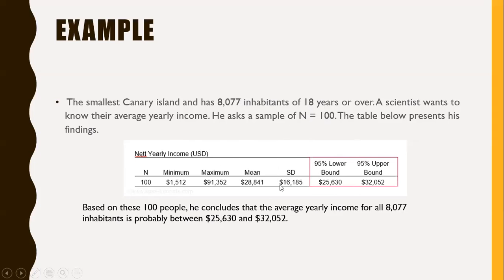Finally he needs to infer his results to the population. He wants to tell that the results he obtained from his sample apply to his population. This is how he is going to interpret his results. He can conclude that the average yearly income for all the population inhabitants probably lies between these two values. He is not saying it is only one value; he says it lies between two values, right? In confidence intervals you always have to use both the upper limit and the lower limit.